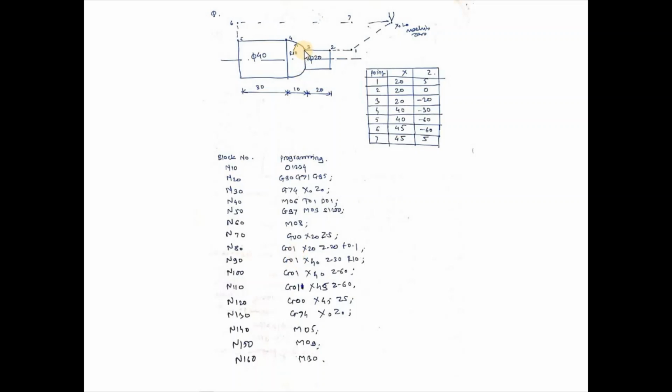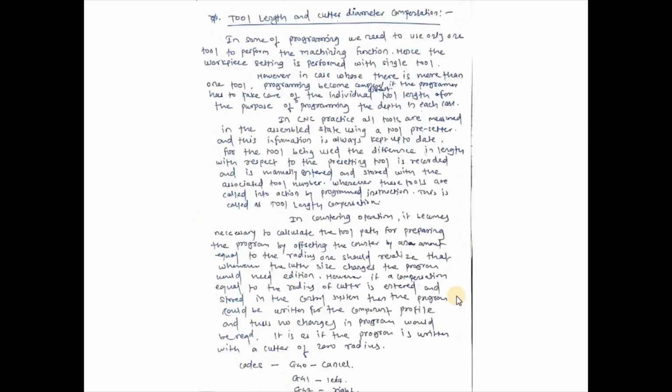You can see we are traveling from this point to this point like this, which means anti-clockwise. If the curve is like this, then going this way is clockwise. Here we have to use G03, X40, Z minus 30, R10. The rest of the thing is the same as the previous one: 4 to 5, 5 to 6, 6 to 7, and last X0. Okay, so we'll skip this.